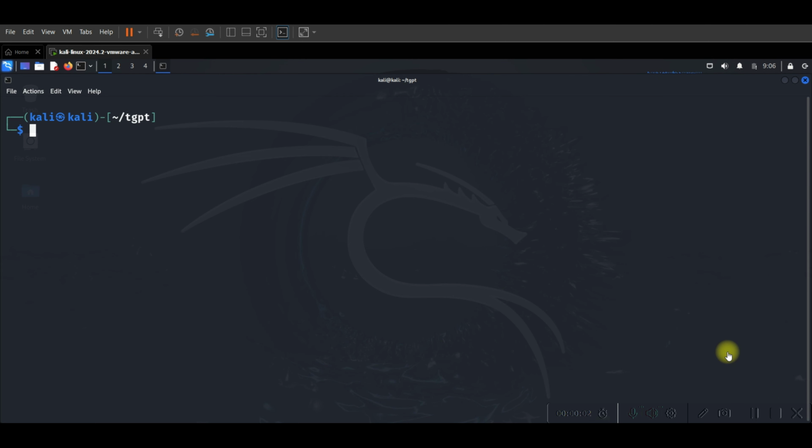Hello everyone, in this video I am going to show you how you can generate images in Terminal GPT. We already installed this tool in our Kali Linux, so if you haven't installed it yet, you need to go and see that video that shows you step by step how you can download and install Terminal GPT